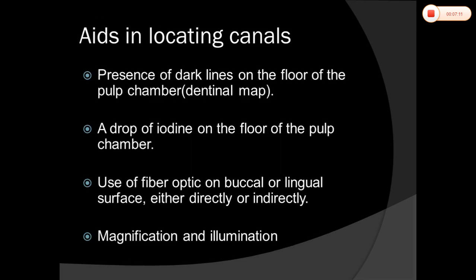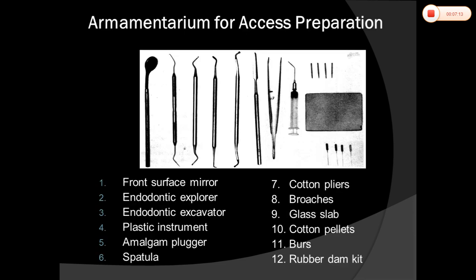So mainly in the burrs, we should definitely have a round end cutting diamond tapered burr and number 57 fissure carbide burr, safety tip tapered or diamond burr, transmetal burr, Mueller and Allen burrs, Gates Glidden drills and a DG16 explorer.